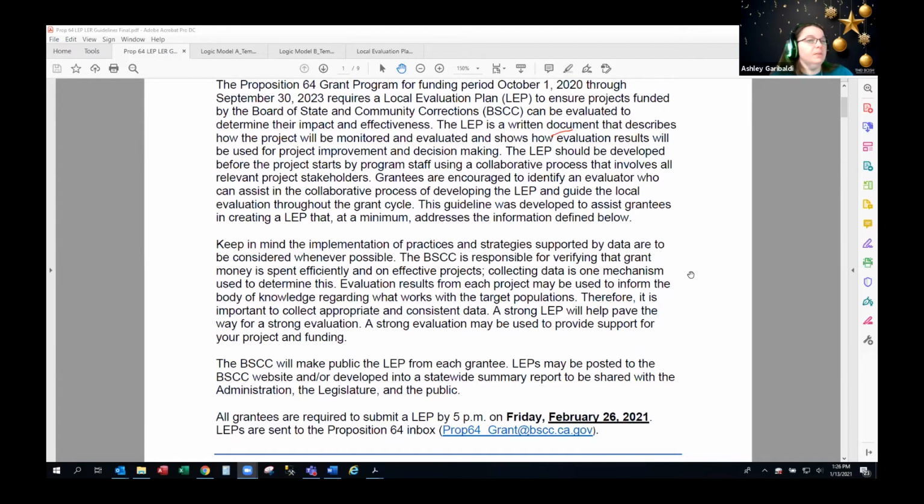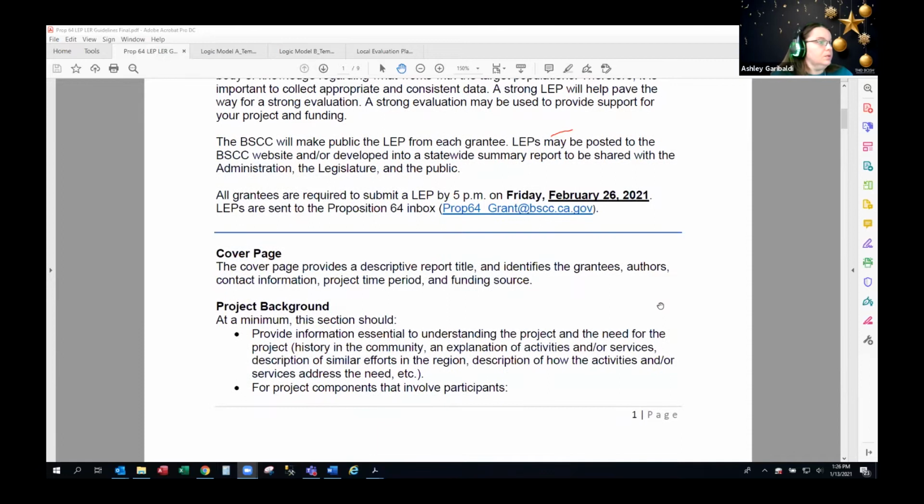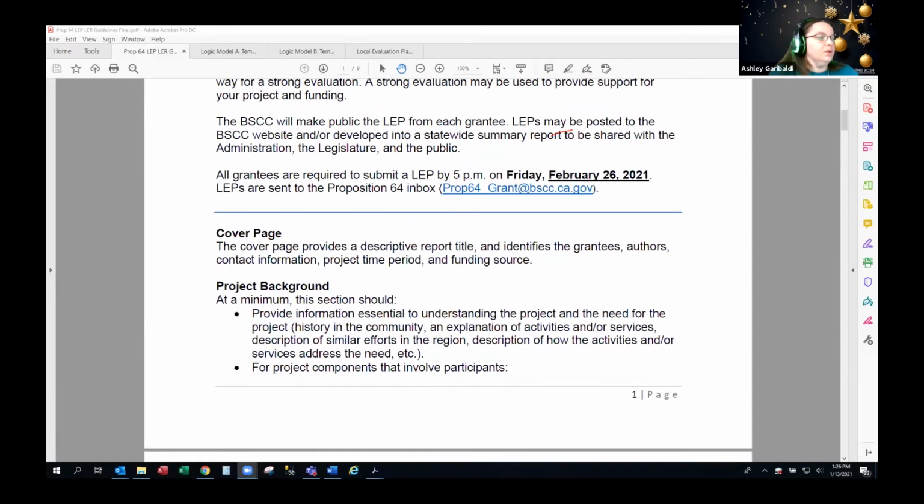So we are asking you all to submit your local evaluation plan by Friday, February 26th, 2021 this year, which sounds so weird. Again, send it to that email box. If you have any questions before that, please let us know along the way. So pretty standard, of course, this is the primary document we're asking you to use as a resource when you're creating your plan. It has everything you need to respond to, and of course, you can always add more. It also includes how to contact us, due dates, deliverables, and definitions.